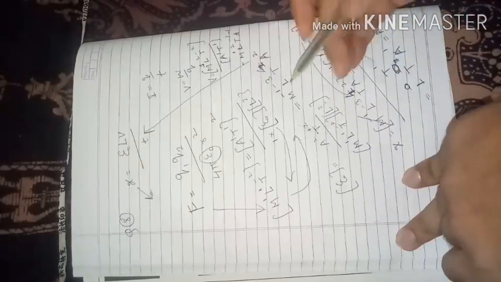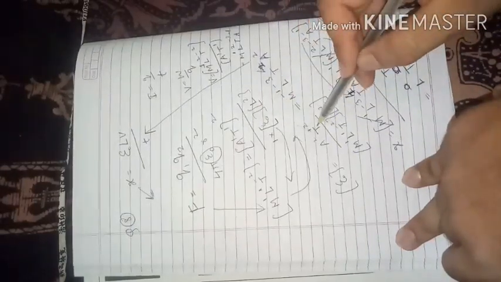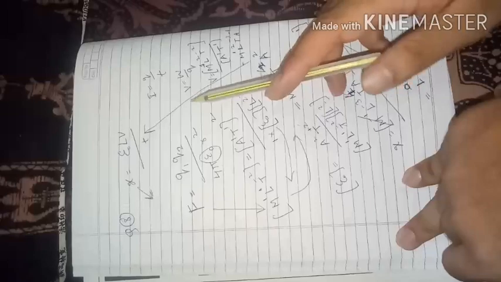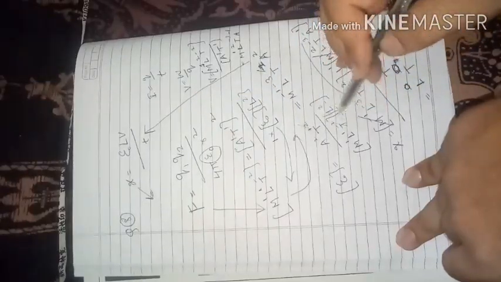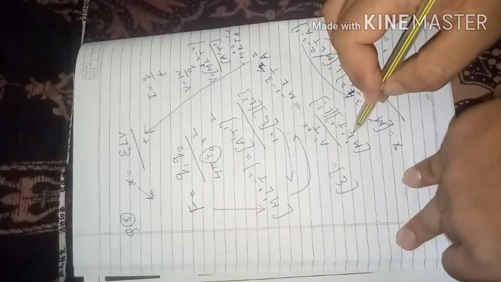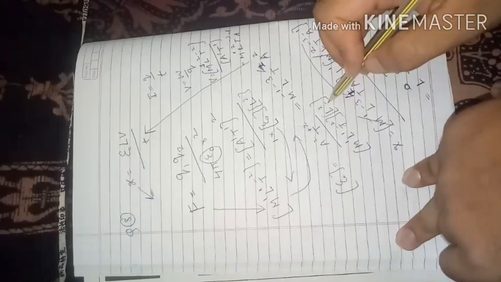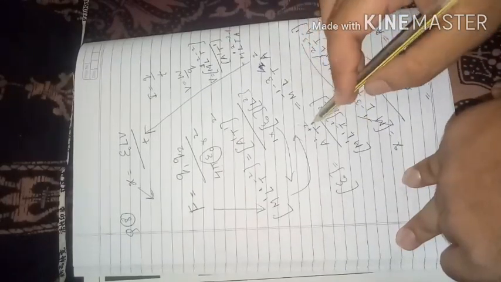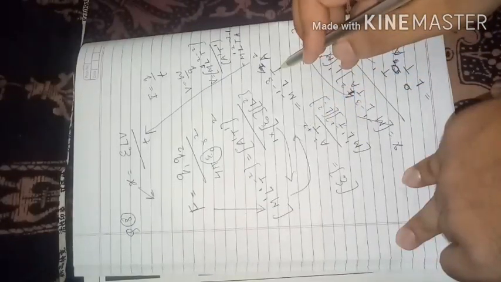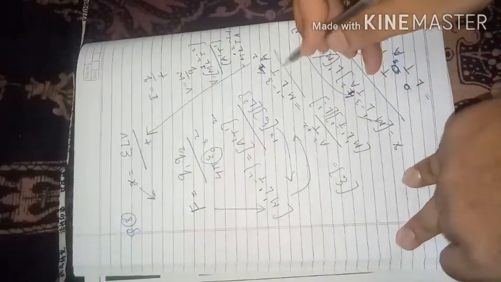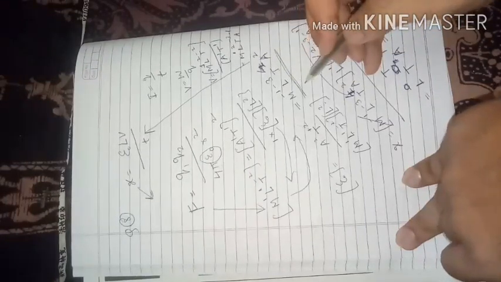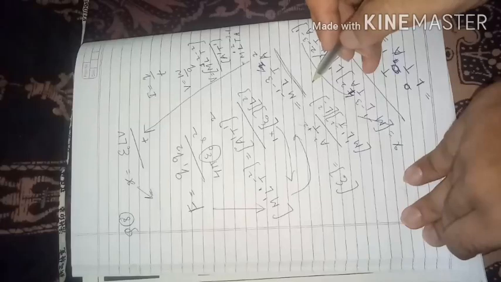When you solve this, it becomes A raised to 2 t raised to 2 over m raised to 1 L raised to 1 t raised to minus 2, and L raised to 2 for R square, which we had written. When you solve this, you get m raised to minus 1, and L raised to 1 with L raised to 2 gives L raised to minus 3. The t raised to plus 2 and t raised to minus 2 go up and add, becoming t raised to 4, and A raised to 2. So this is the dimensional formula for epsilon naught: m raised to minus 1, L raised to minus 3, t raised to 4, and A raised to 2.